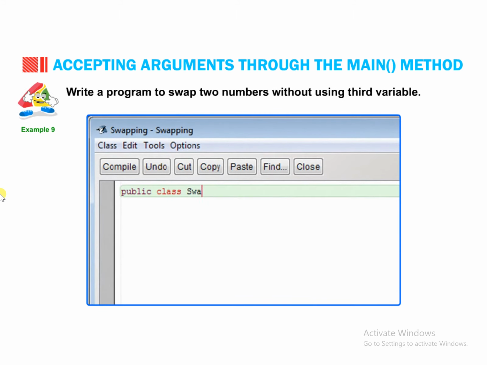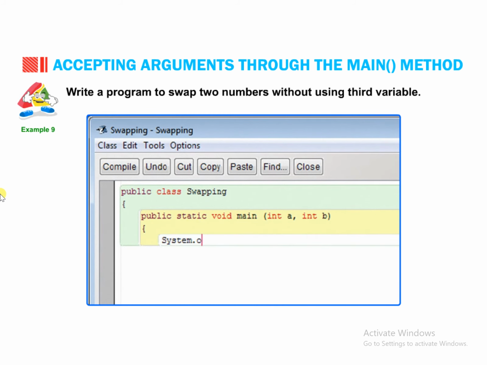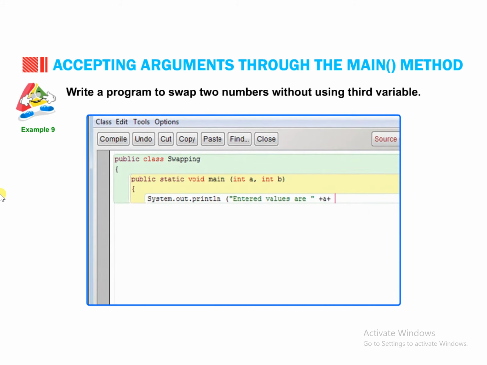public class Swapping { public static void main(int a, int b) { System.out.println("Entered values are " + a + " and " + b); a = a + b; b = a - b; a = a - b;